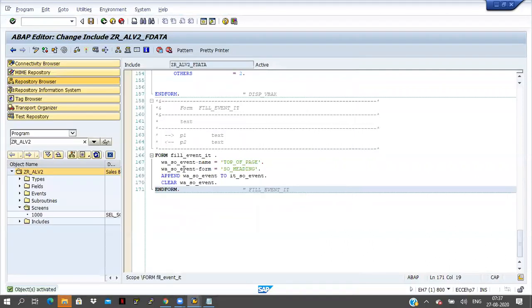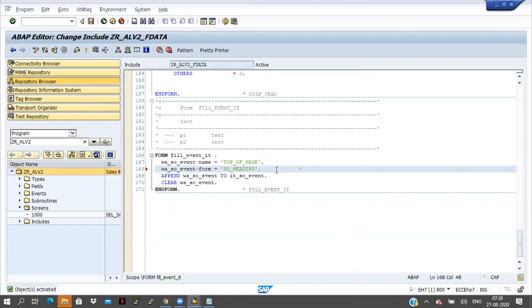Okay, what I'm doing here: if you want to apply any event, I'm declaring one event internal table and I'm filling the event internal table. So top-of-page is my event here and I'm passing the form name also. If you do it like this, then what will happen?